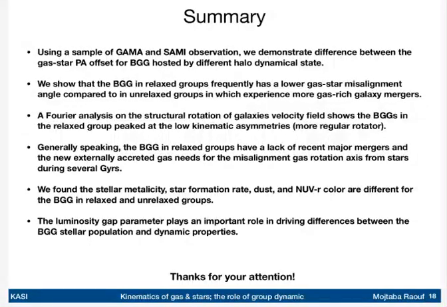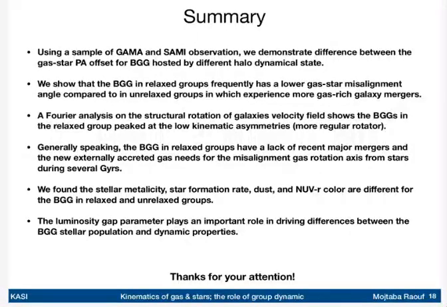We also show the impact of such a dynamical halo state on the stellar kinematics, using Fourier analysis of the structure of the rotation velocity field of galaxies, and we showed that the BGGs in relaxed groups have a lack of recent major mergers, and created the new gas